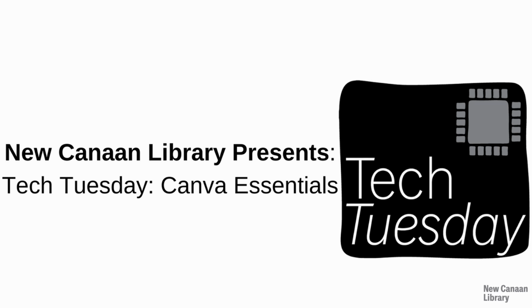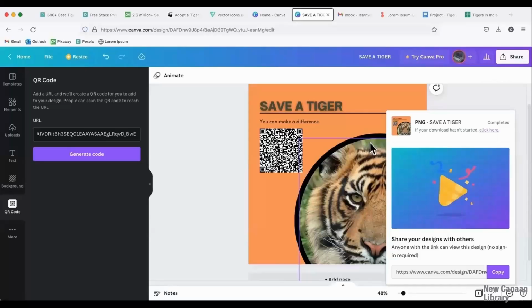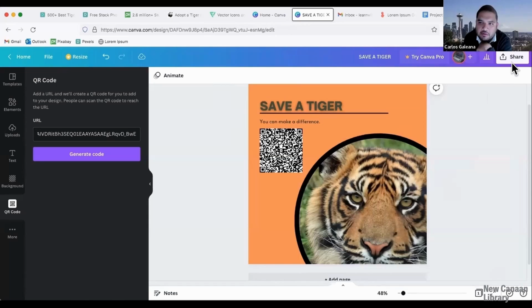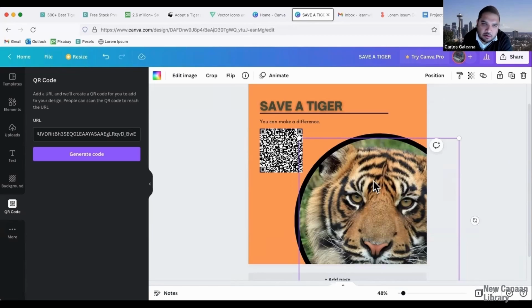Yeah, so the question is, how do you change the shape of the photo? Yeah, excellent question. So let me go ahead and go back to our initial project here. So right now, I think one of the challenges is when you use a template, you're kind of going off of what was preset for you. And in a lot of ways, that's kind of limiting. I think templates are really good starting points.